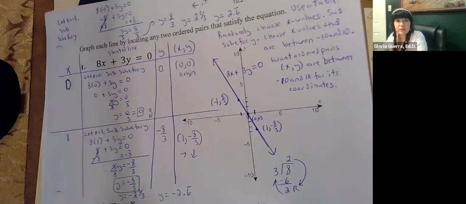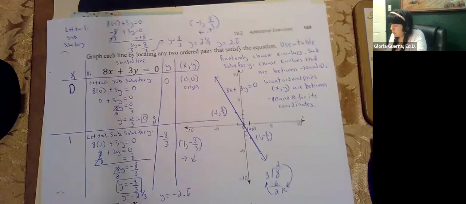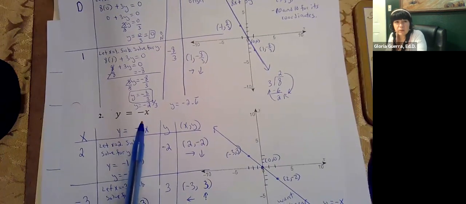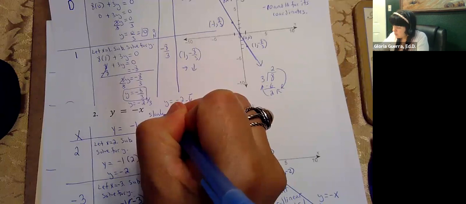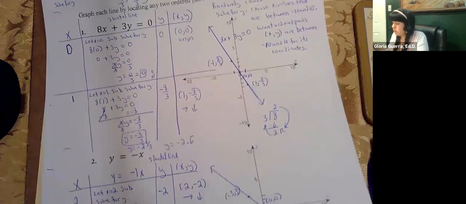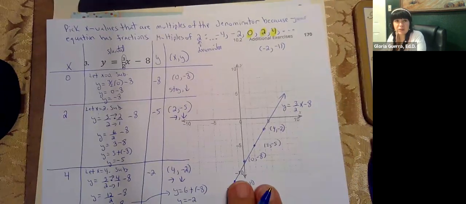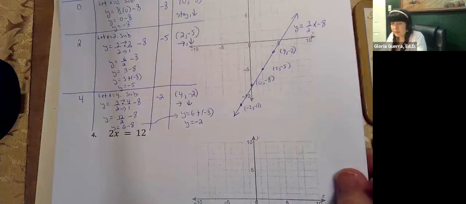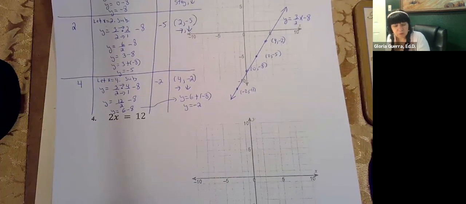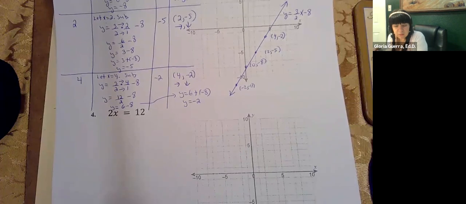This one was a slanted line. This was standard form. This one is not considered standard form, but again, you have x's and y's. So this one also was a slanted line. So whenever you have x's and y's, you're going to get some kind of a slanted line. But when you have only x's, that's where you get vertical lines that look like this, or horizontal lines that look like this. So I'm going to show you how when you have only x's that you're going to get